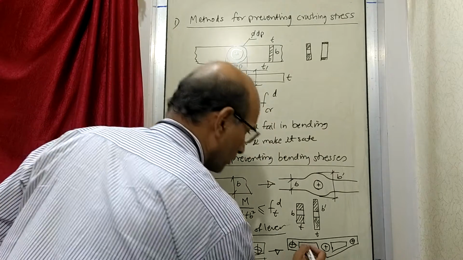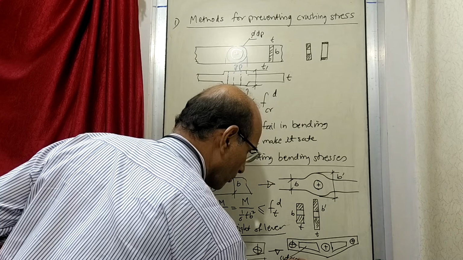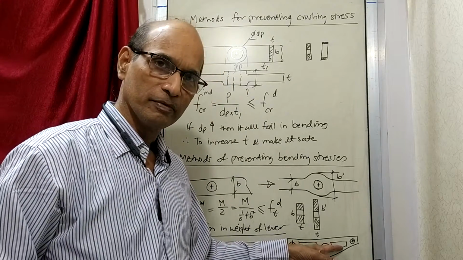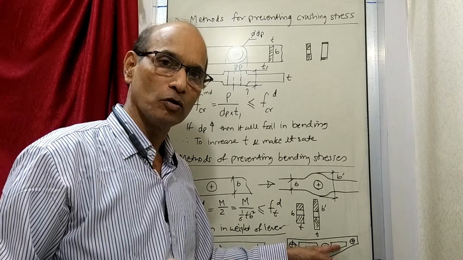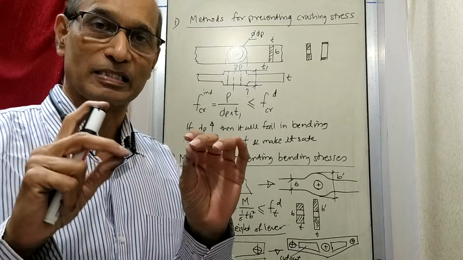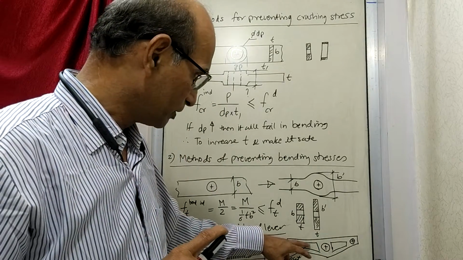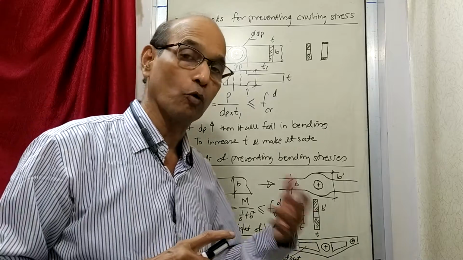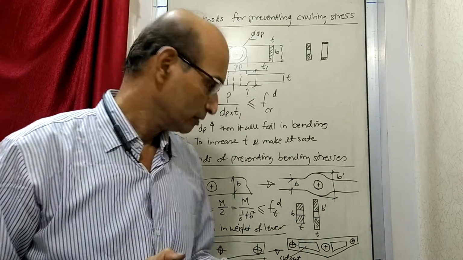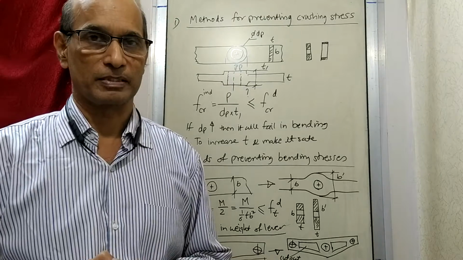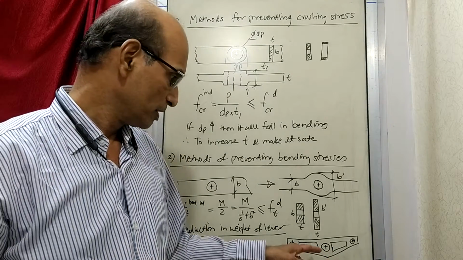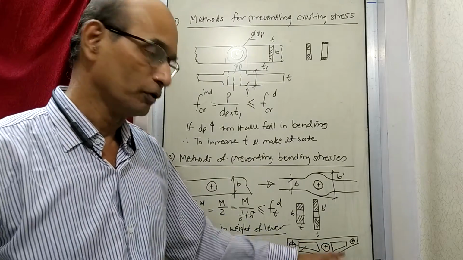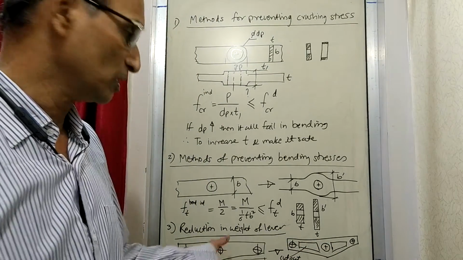So this is a cutout. So cutouts are made here. The material is removed from here. Near the neutral axis, the material is removed, because as you know, at the neutral axis the stresses are very less, maybe 0 also. So at this place we have removed the material and reduced the weight. So if this is to be made in large quantity, then this reduction in weight will make a big difference. So this way it is done, the reduction in weight either by tapering or by removing the material near the neutral axis. You can reduce the weight and get still the same result.